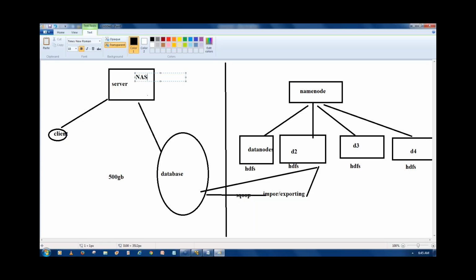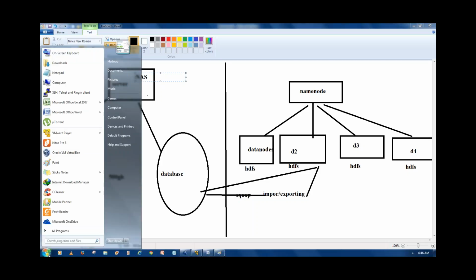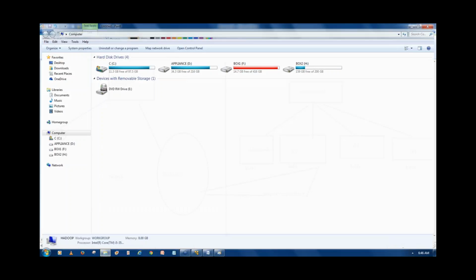Why can't we store them in a database? Why can't they store that in a database? Why do you need NAS? Because how much data are they going to generate? See YouTube, right? How much data are they going to generate in a day? Correct. So it's a bulk amount of data, so the bulk amount of data processing